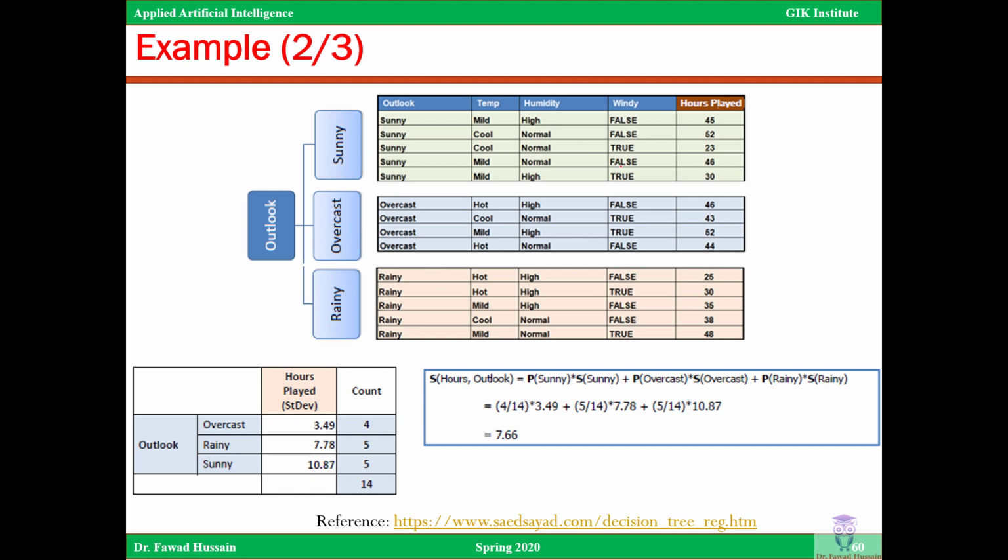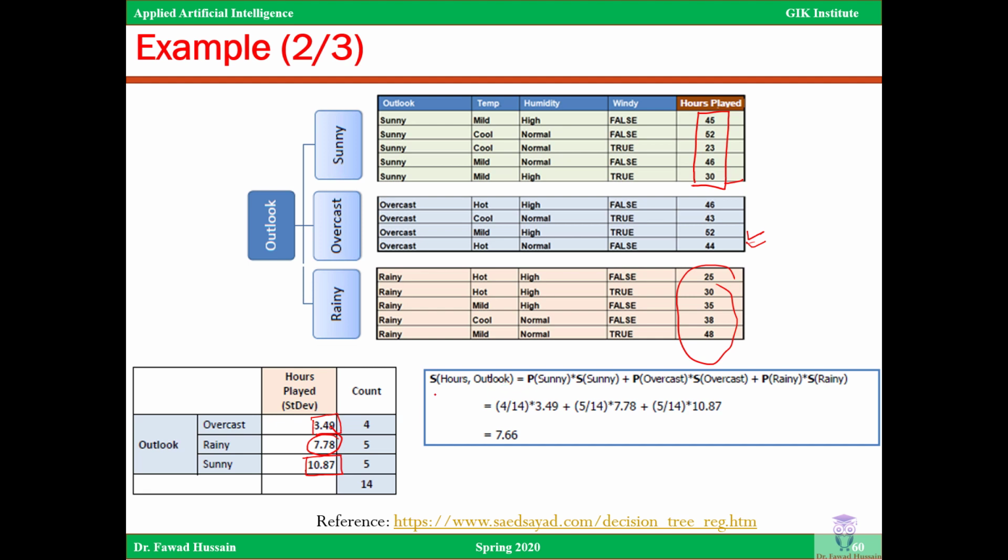So this example corresponds to when the outlook is sunny, and then here we have overcast, and here we have rainy. So we can compute the standard deviation of this part. Sunny standard deviation is this, the standard deviation we get corresponding to this part, and for overcast we have this standard deviation, and for rainy we have this part. So we have the count and we have the standard deviation, and now we can make a